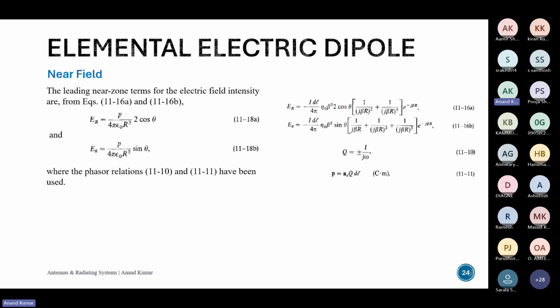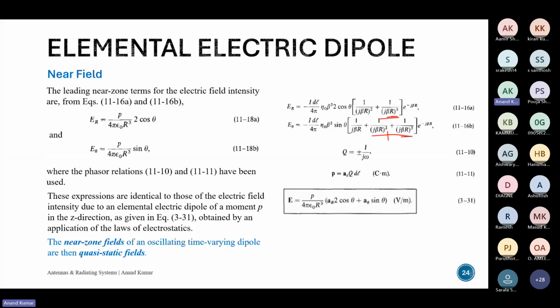Similarly, for the electric field in the near zone, the higher order terms would play a much more prominent effect. Not the second term, just the third term. Just this term and this term will have a higher effect for the electric field. We have defined the magnetic field and electric field in the near zone, and this is something from an electric dipole. So if you have an electric dipole, try to find out the electric field at a certain distance. The values you get for the electric field over here match the ones you get from an electric dipole.